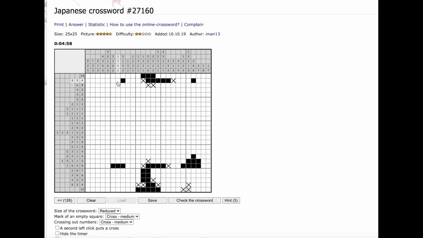1, 2, 3, 4, 5, 6, 7, 8 from that side means that all those have to be filled in. Now we can look at the top. There has to be 4. 1, 2, 3, 4. 1, 2, 3. And then 2, 2. And now